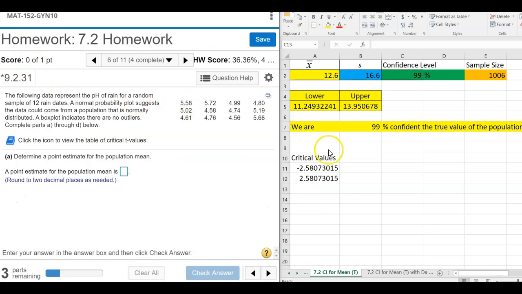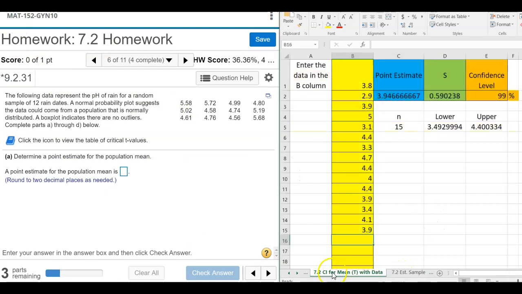All right, here we got a data set. So this one right here says a confidence interval for a mean with data. It says here, enter the data into column B. That's this stuff right here. You're going to put these numbers in there. I'm going to highlight them and just hit delete. All these errors and things show up. That's okay. And then I'm just going to start typing the numbers in. So 5.58,